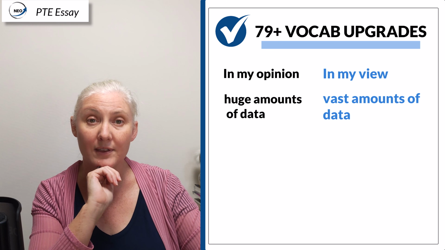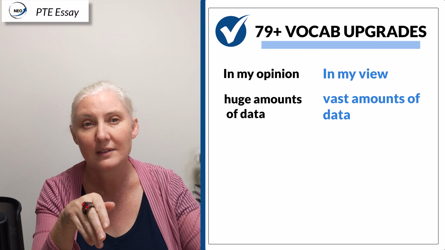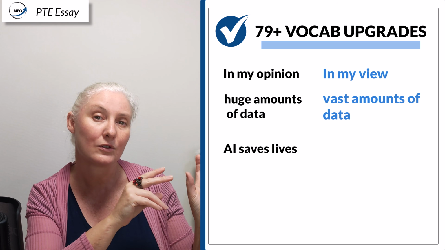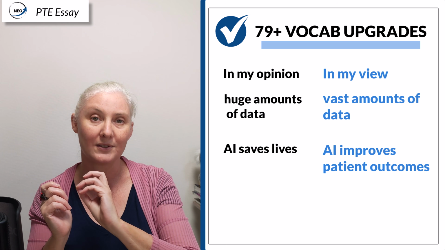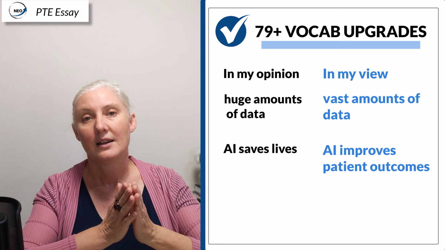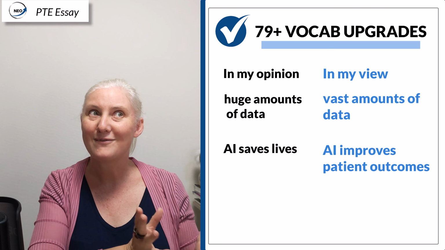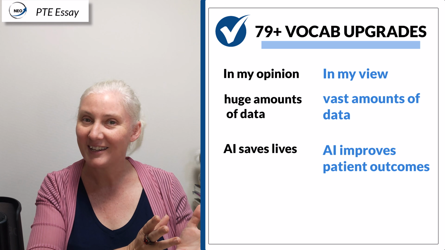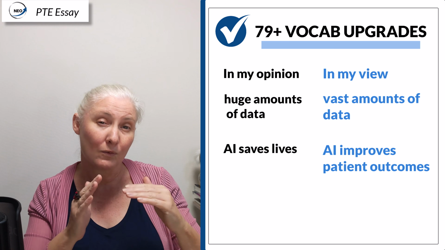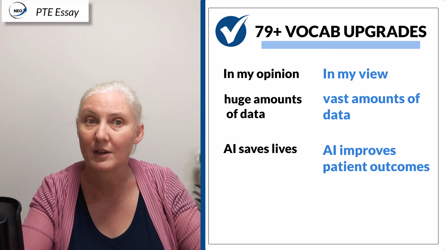Now here's a change that I think is actually a clear improvement to communication as well as getting your points. And that's if we change AI saves lives and we change that to it improves patient outcomes, yeah? We can use AI to improve patient outcomes. Now, that is better because it's more precise. Save lives is too dramatic. Yeah, academic English should not be dramatic. It should be very exact. And so what it does is it does improve the outcomes for patients. So that would also be better.